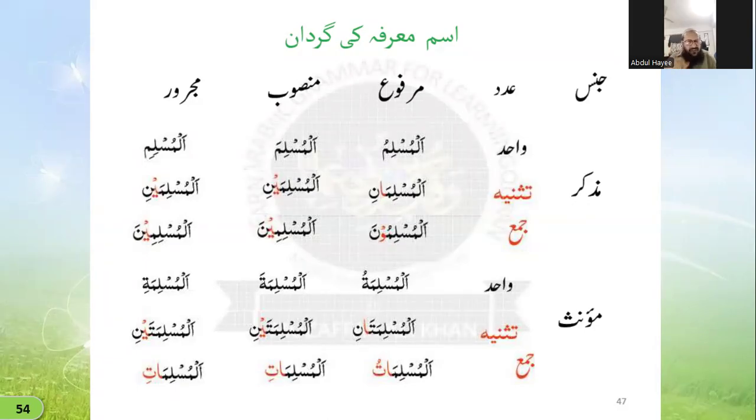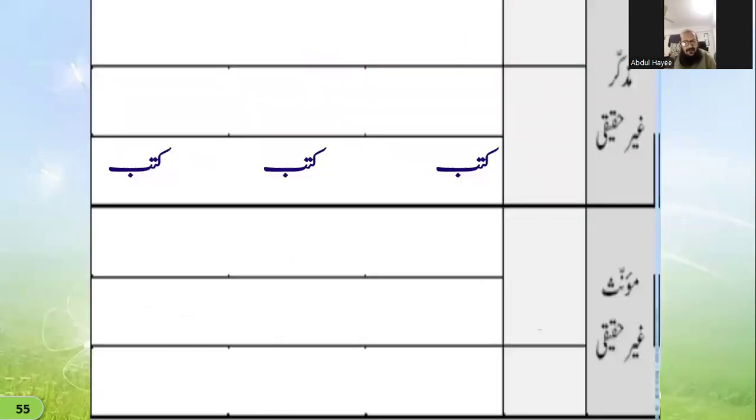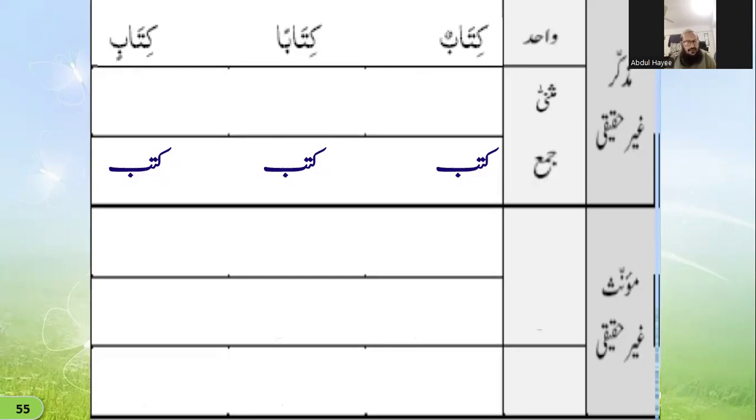But suppose it does not have both male and female; either it is masculine or it is feminine. Just like kitab. Kitab is masculine in Arabic, but it does not have a feminine. So what will be its shapes? Kitabun, kitaban, kitabin. Dual: kitabani, kitabaini. Plural: kutubun, kutuban, kutubin. How many? 9. What about the ma'rifa? Put alif lam: al-kitabu, al-kitaba, al-kitabi, and so on. So 9 and 9, 18.